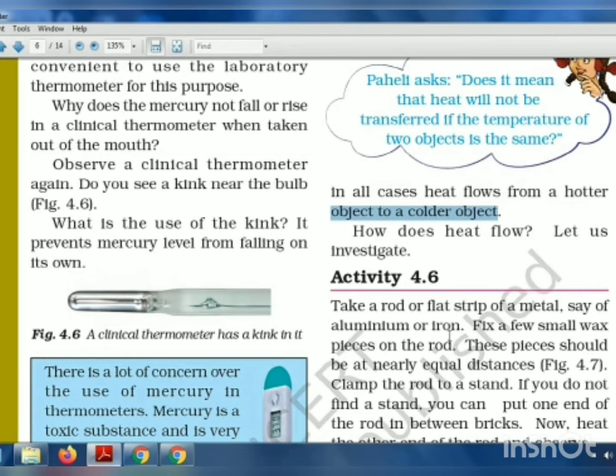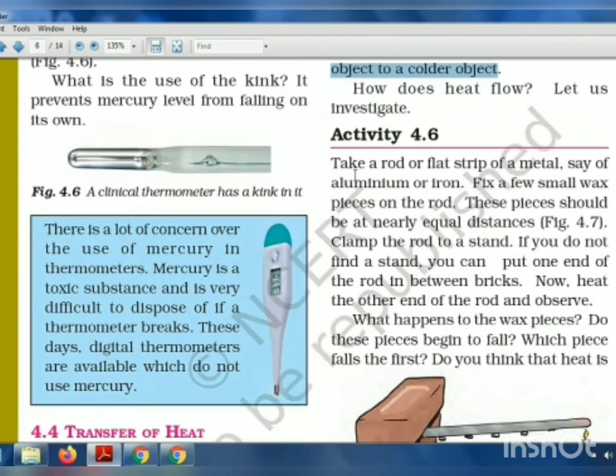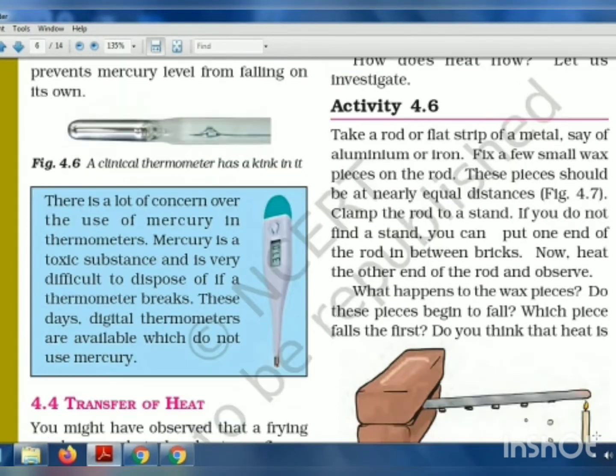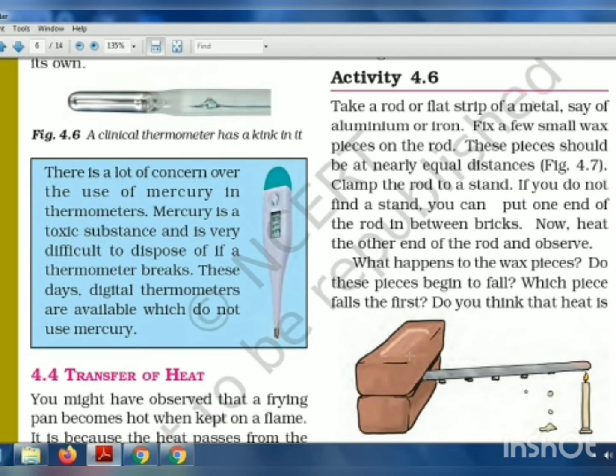Now let us see how heat is transferred, or how the heat flows. The activity given is to take a rod or a flat strip of metal, say of aluminium or iron, and fix a few small wax pieces on the rod. You can see in this picture that they have taken two bricks. They have adjusted the metal stick in between the two bricks, and they have attached small pieces of wax on it. Then at the other end of the steel or aluminium rod, they have kept